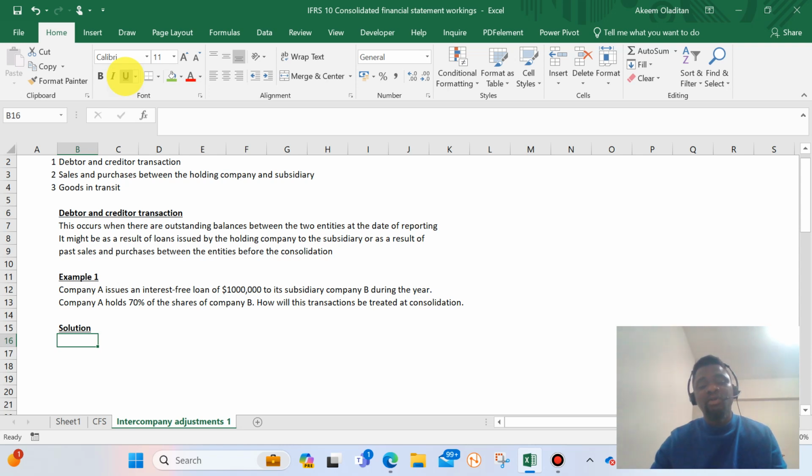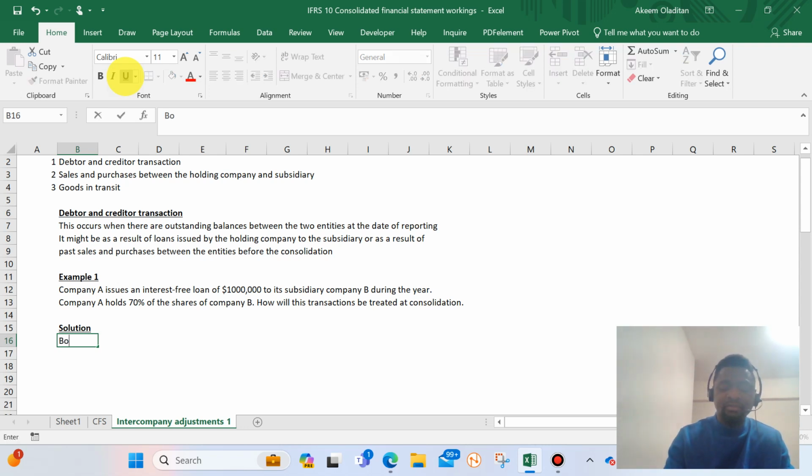First of all, we need to understand what has been posted when this interest-free loan was issued to Company B. So we need to first post that transaction and see how it looks, then we can know where to write it off at consolidation. Okay, so let me start. In the books of, let's say, Company A, when the company issues a loan,